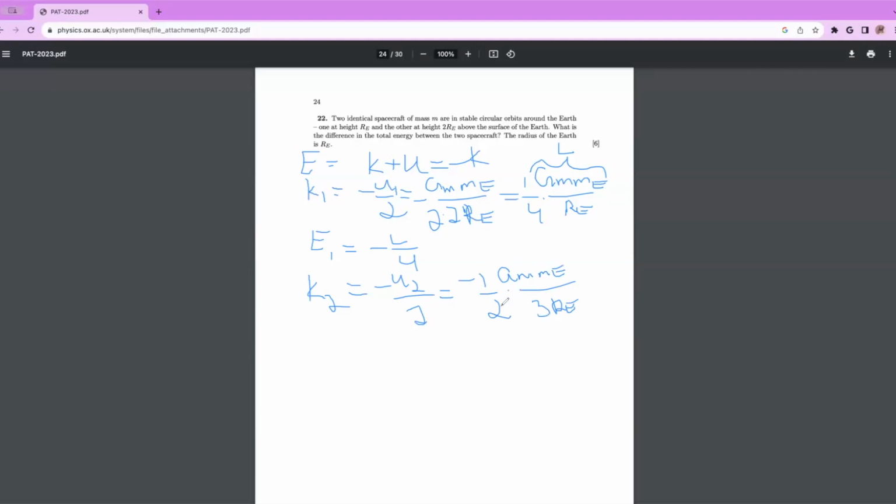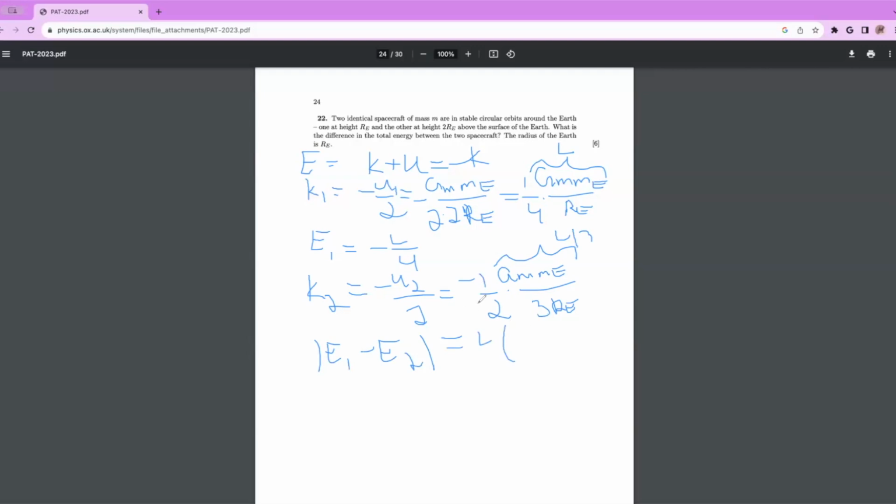Yes, this should be it. This is actually going to be L over 3, hmm, L over 6, which means the absolute value of the difference in energies is going to be L times